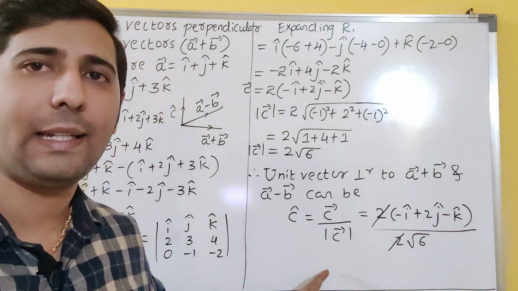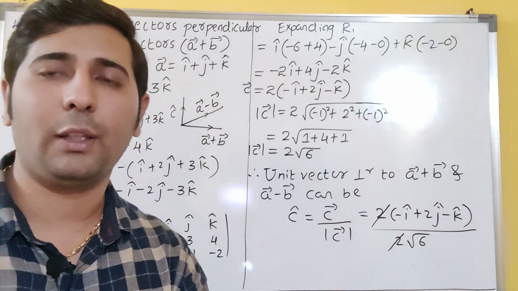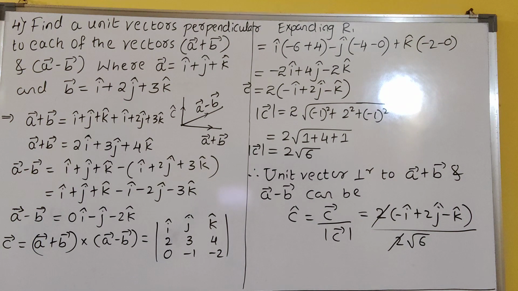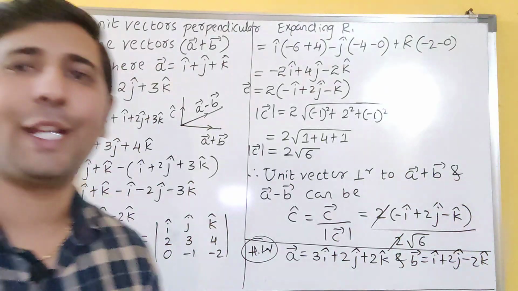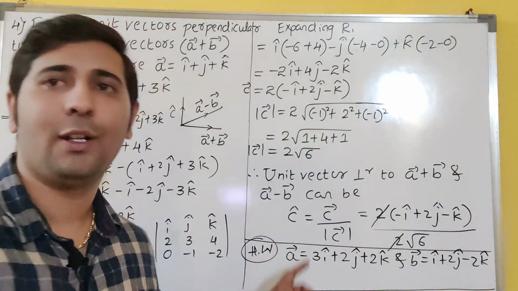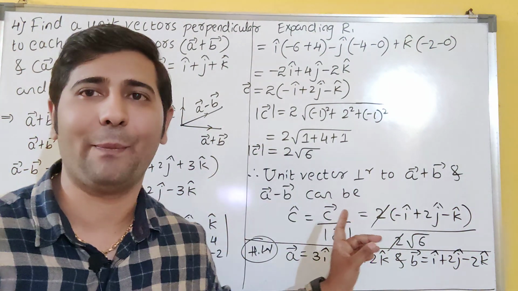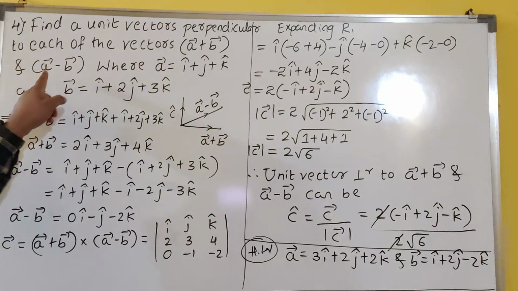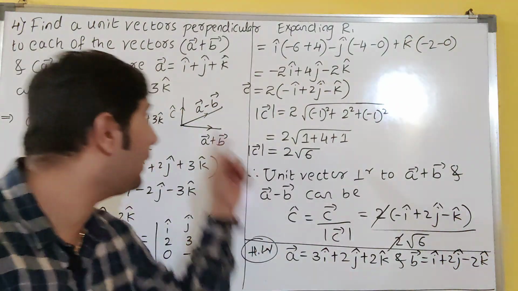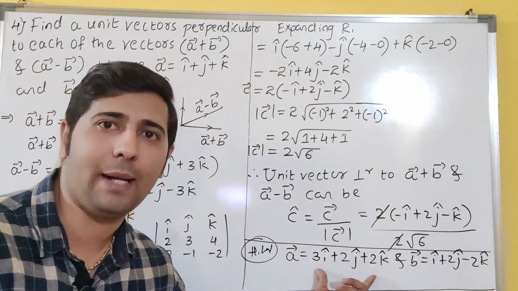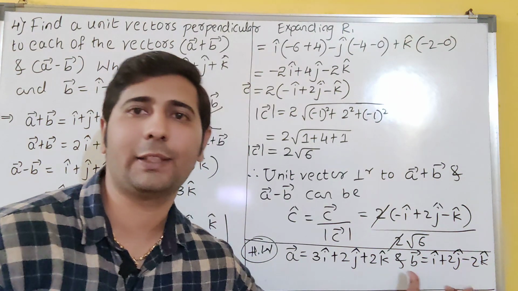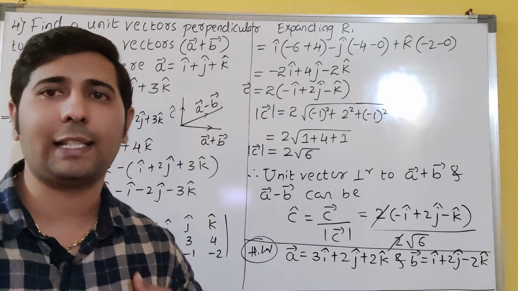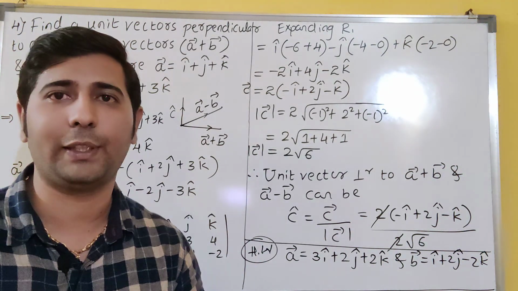Fine. So I will write the next question for your homework. You try at home. So you can copy until. Dear students, your homework is here. The question is same to same. Find a unit vector perpendicular to vectors A plus B and A minus B. Just in the vector A place, this will come, and in the vector B place, this will come. Please try this at home. If you are not getting it, please ask me. I will help you. I am always with you.